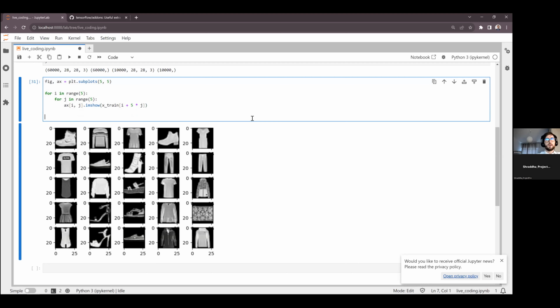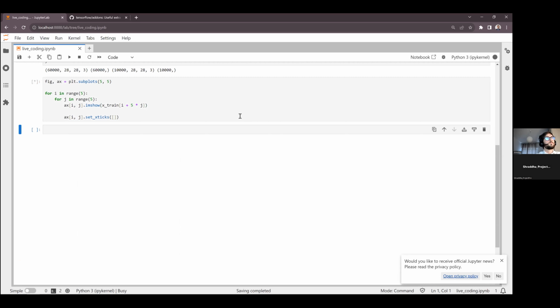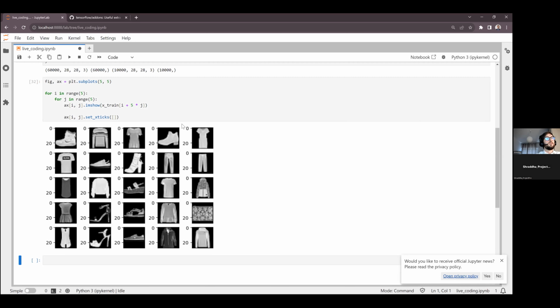I don't remember by memory. Set x ticks. Something like that should be, I think, but I'm not sure if this doesn't work. We can check the old code. Okay, the same for the y-axis.